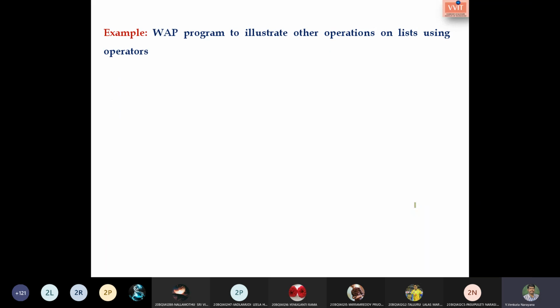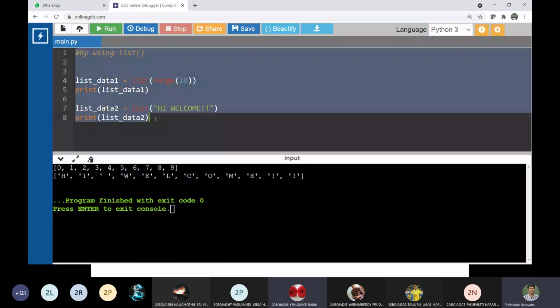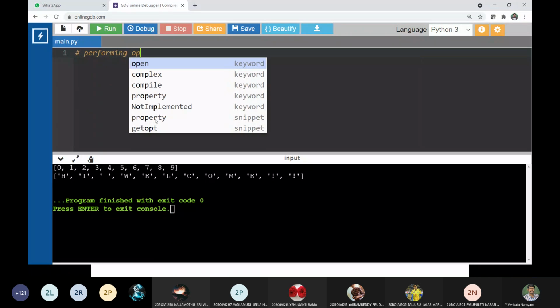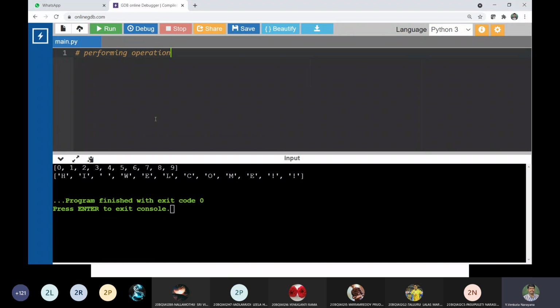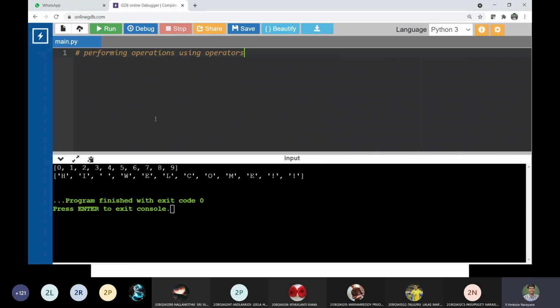Let us see the example in the online compiler. Is this viewable? Yes, sir. Performing operations using the operators star and plus.